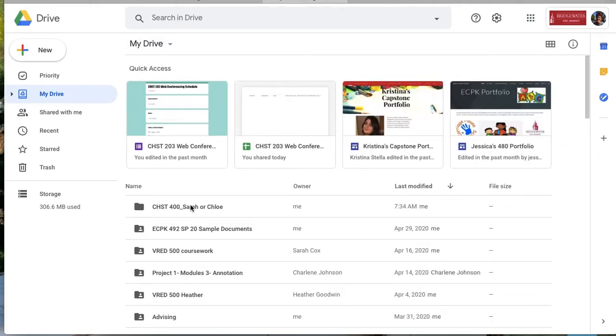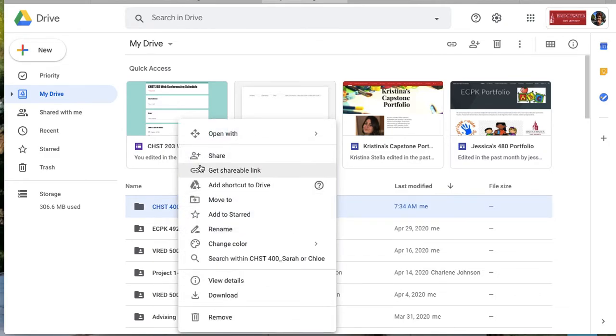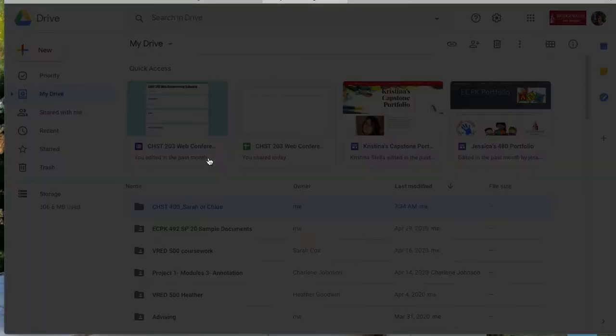I'm going to close this window and then go back to my drive, go to the folder. I'm hovering, right click, and here I want to share. So I'm going to hit select share,